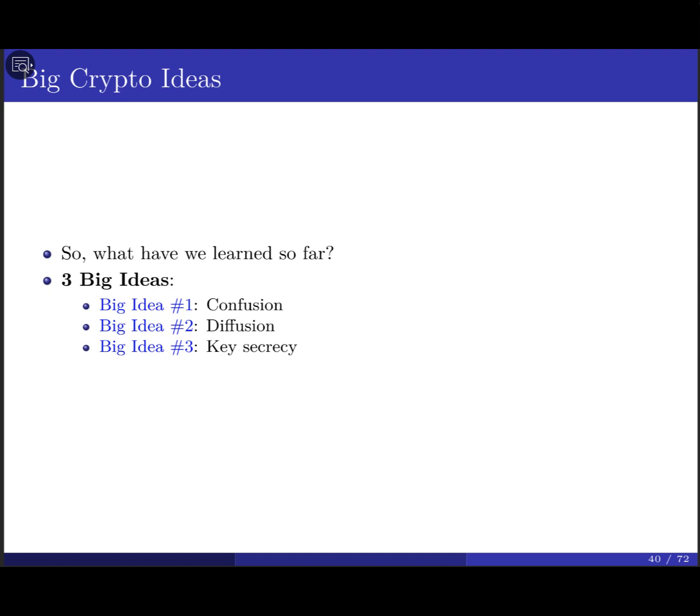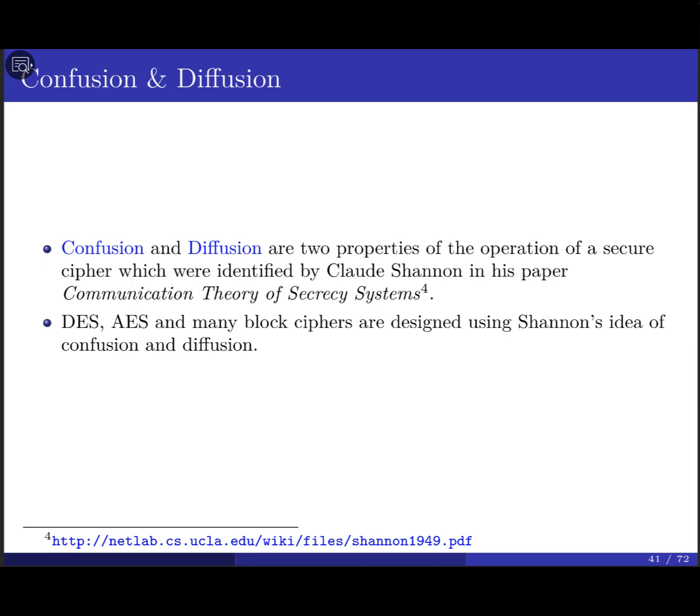Okay, what we learned so far. We can summarize what we learned into three different terminologies or ideas: confusion, diffusion, and key secrecy, okay? Don't tell me it's confusing because the class is confused here. Anyway, what do you mean by confusion here? That's what we learned when we talked about the different cipher techniques, and we showed you how we can attack them.